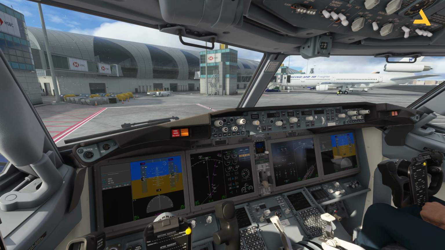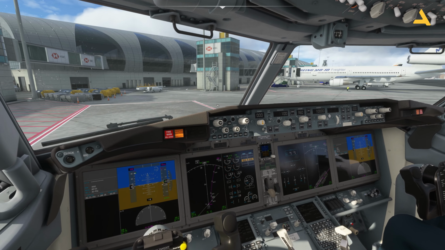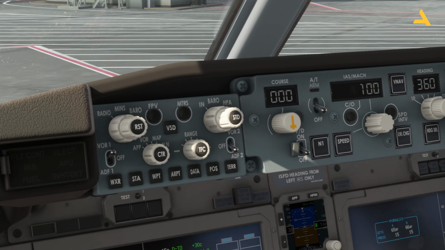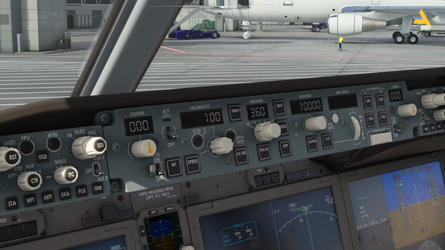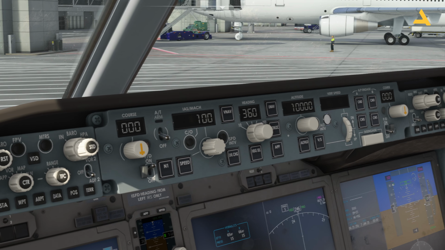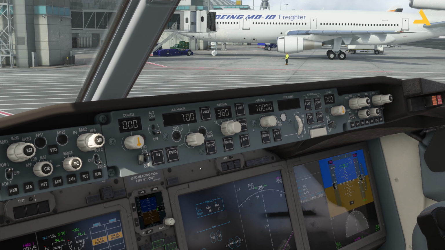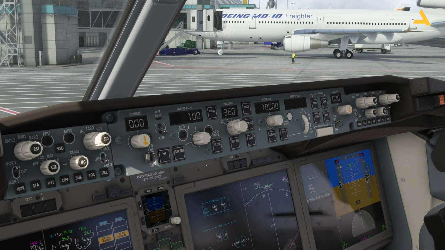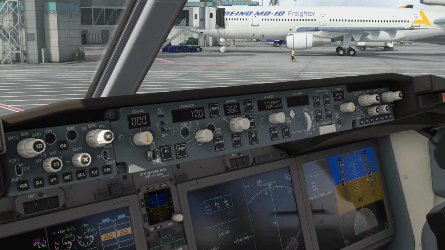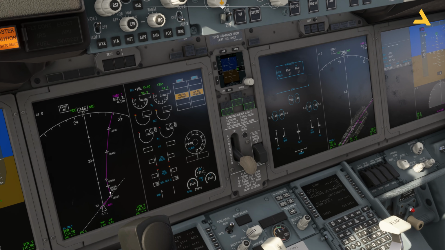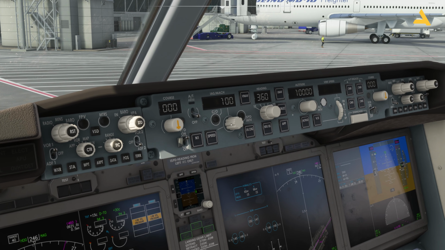startup procedure. So before engine start procedures, just make sure that you have the flight director on the mode control panel. This is the mode control panel. Just turn it on. Because if the flight director is on, then the plane will follow the flight plan, which is over here. Otherwise, it will not. Now, the speed, you will set it to 156 knots because this is the speed you